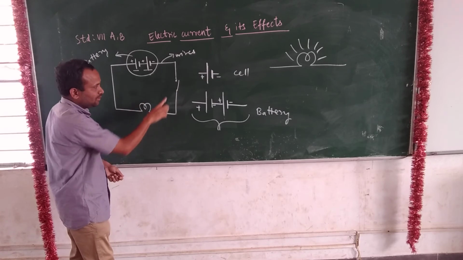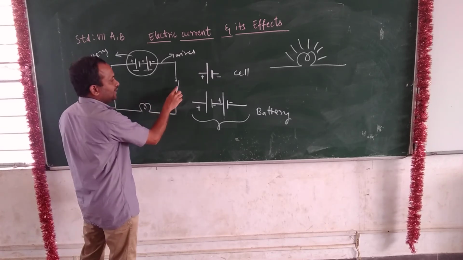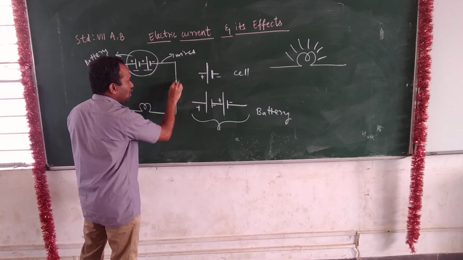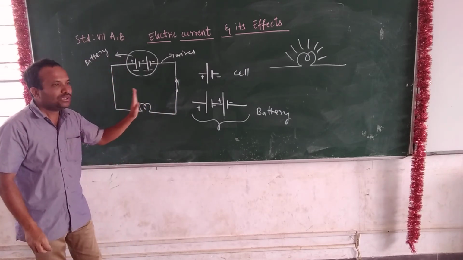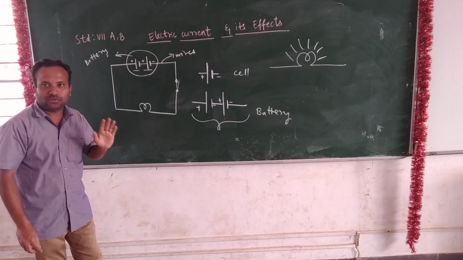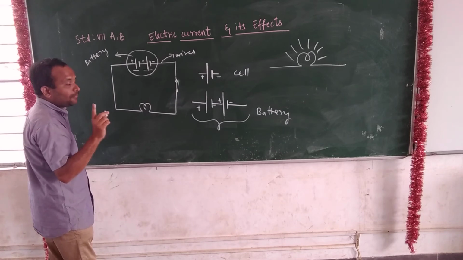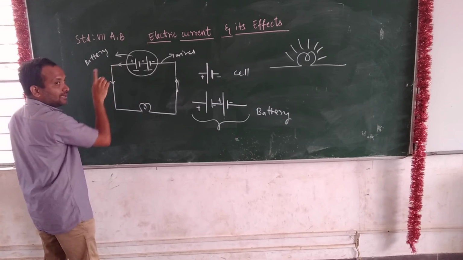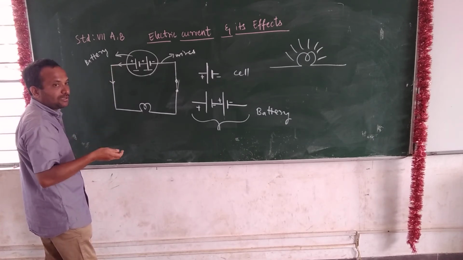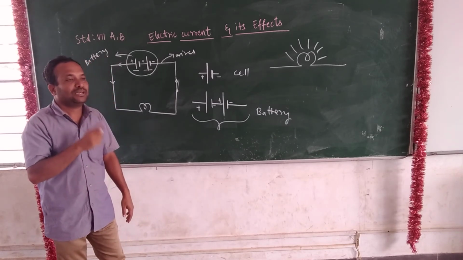Now it is an open circuit. So the ends are connected to the bulb. If the switch is on, these are the end points for the switch, now we call it a closed circuit. If the circuit is closed, current flows. Usually current flows from this positive terminal. So current comes like this from this positive terminal. Current always flows from the positive terminal to the negative terminal.